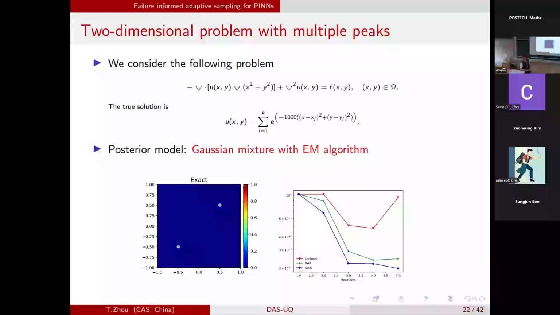Can I ask a question? For the failure from the neural network, in each iteration you compute the residual and then find out the failure area. In that case, you are imposing a criterion to determine where the failure area and the success area are. I'm wondering if this tolerance level, the epsilon, is changing with the iteration or just fixed? Okay, that's a good idea actually. In the current algorithm, we just fix the tolerance.